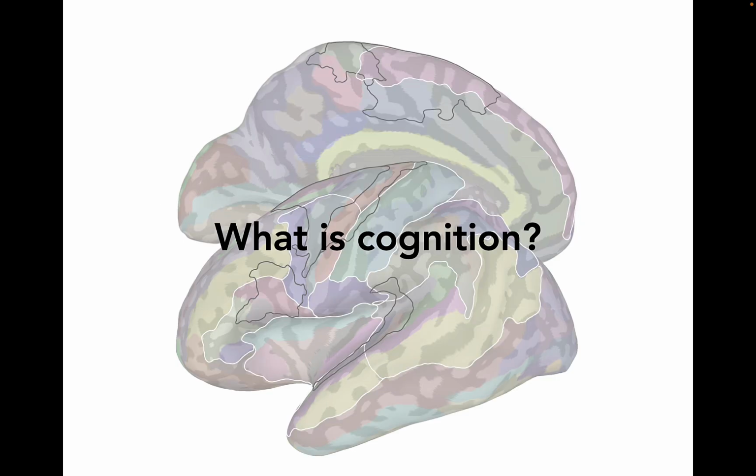So I'll start the lecture by just trying to define cognition. And you might have some sense about what I mean when I say cognition. Maybe you're thinking about the mind or thinking itself. But cognition in a general way is actually really hard to define. It's like trying to define the concept of sweetness. We sort of know examples of sweet things, but it's hard for us to specifically define what sweetness